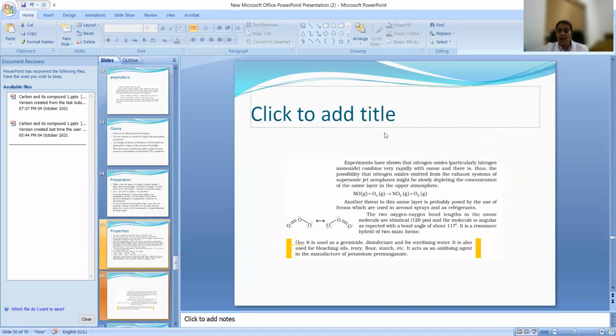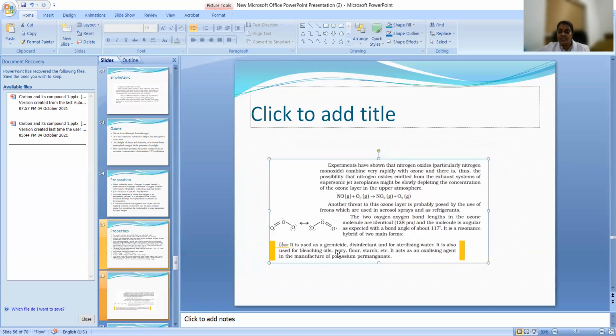Now, how is the hole made in the ozone umbrella? Because of the use of refrigerants and sprays, a hole is produced in the ozone umbrella. Not only that, nitrogen oxide produced from supersonic jets also converts ozone to oxygen. And what are the uses? It forms two resonating structures like this. It is used as a germicide, disinfectant, and for sterilizing water. It is also used for bleaching oil, ivory, flour, starch, etc. It acts as an oxidizing agent in the manufacture of